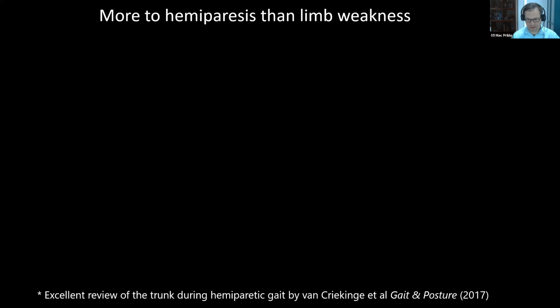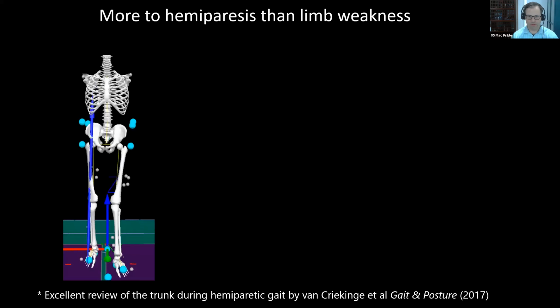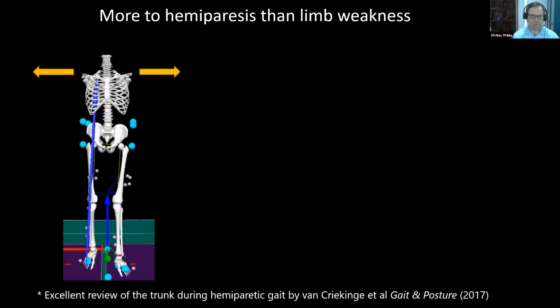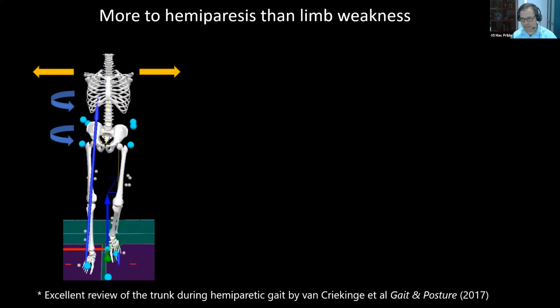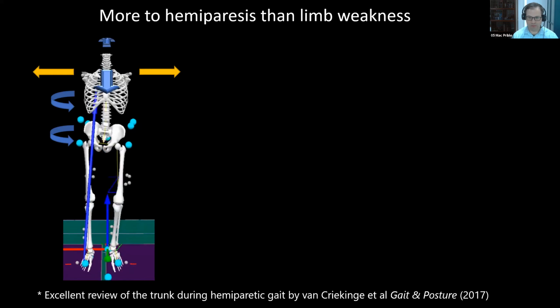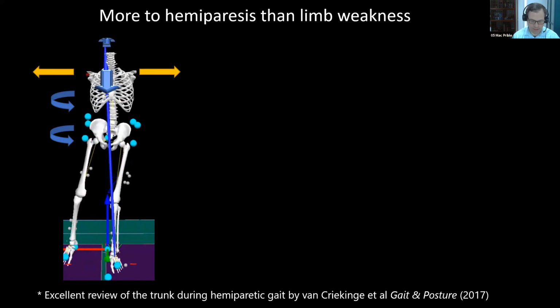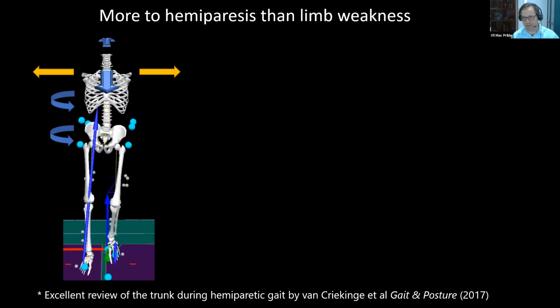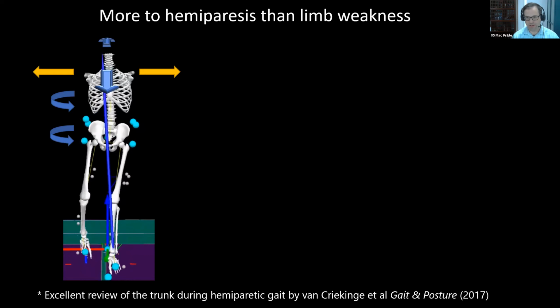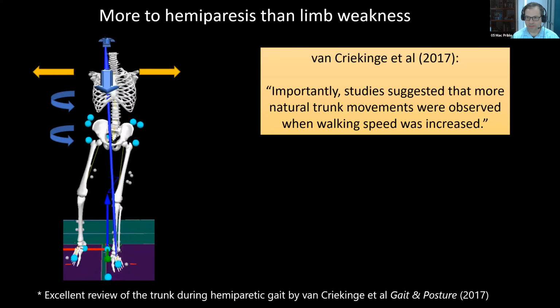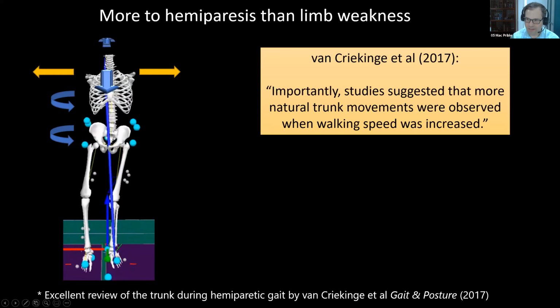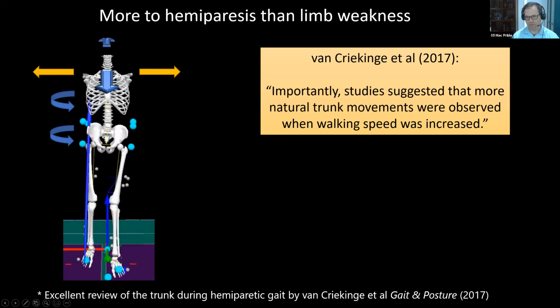And in observing people walk, there are some typical deviations from normal trunk movements. So you tend to have more mediolateral sway. There will be decreased counter rotation and increased movement in the sagittal plane. This is all discussed in an excellent review by Van Krinkage et al. And one of their final takeaways is, importantly, studies suggested that more natural trunk movements were observed when walking speed